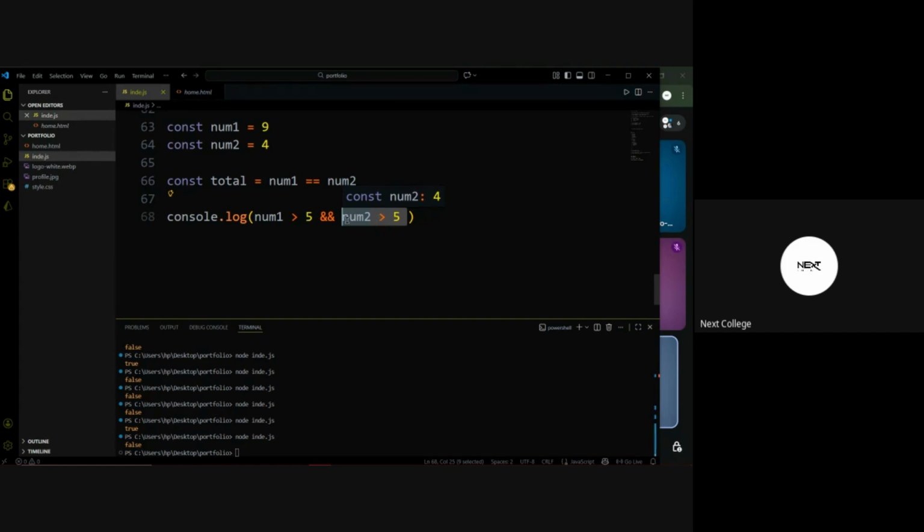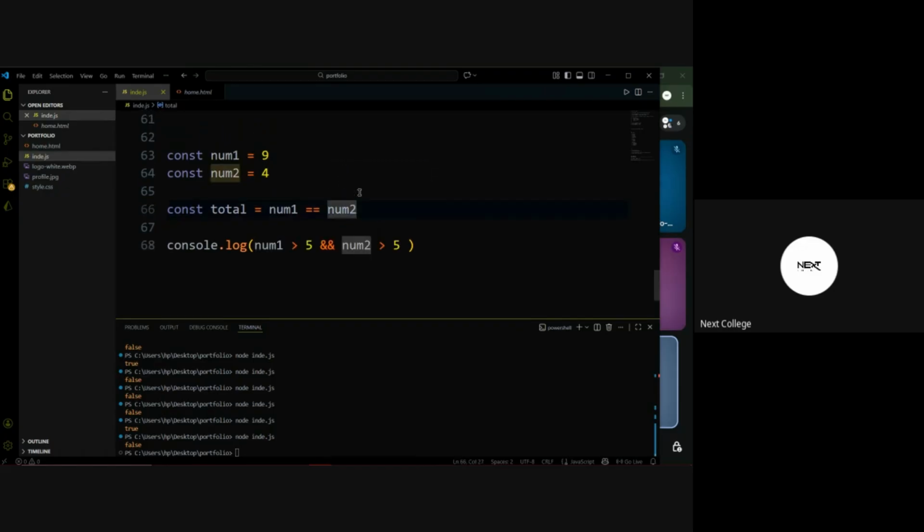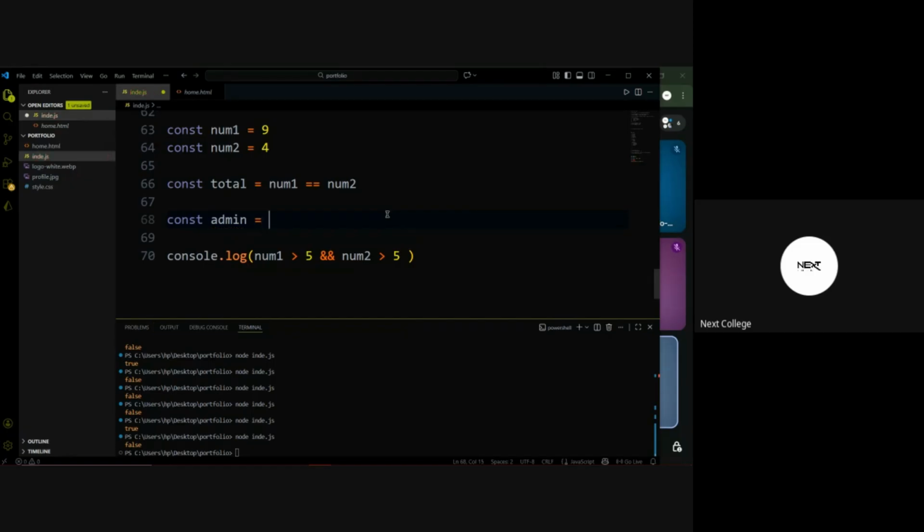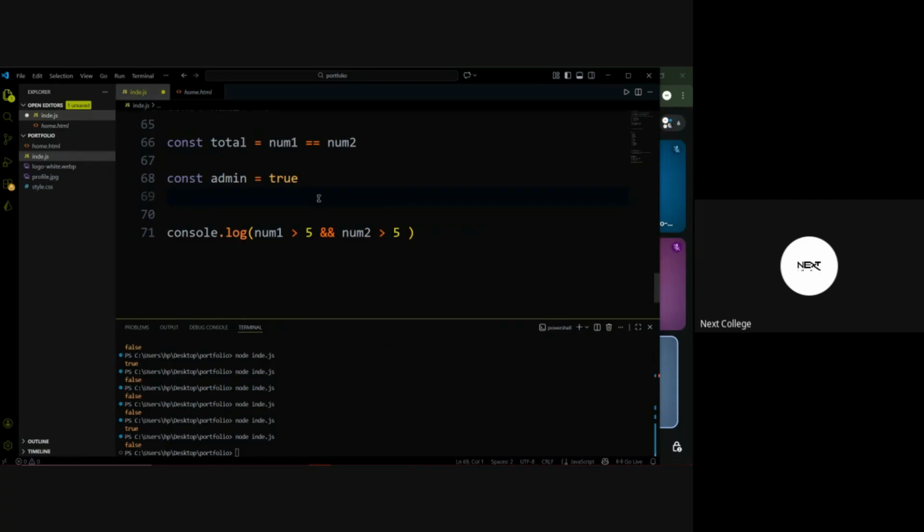So we normally use this kind of situation whereby we want somebody to continue only if all the conditions are met. Okay, for example, maybe you want to do something only if this person is an admin. Let's say, how can I link this? So let me say const admin equal to true. I just want something I can use to illustrate this. Const admin equal to true, all right? And